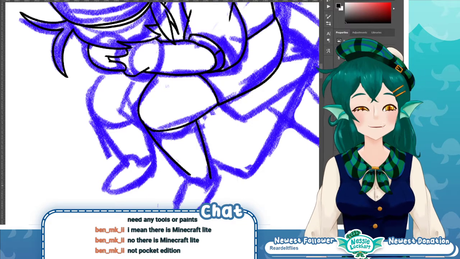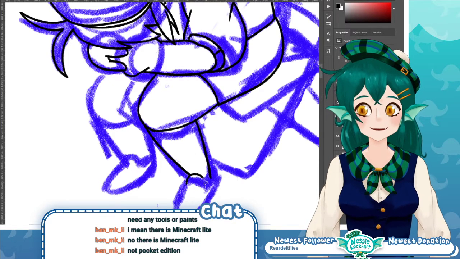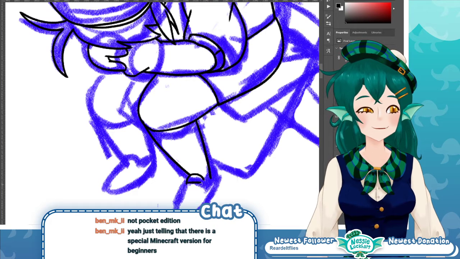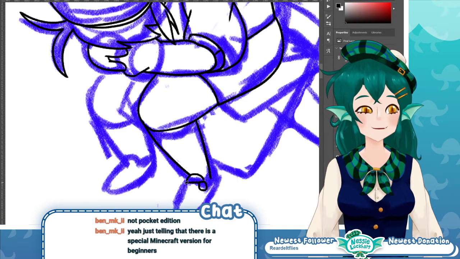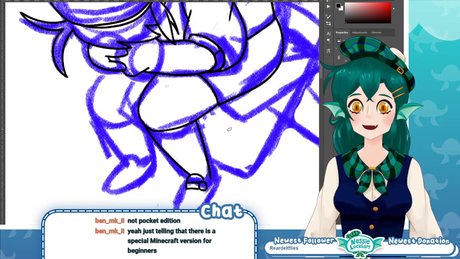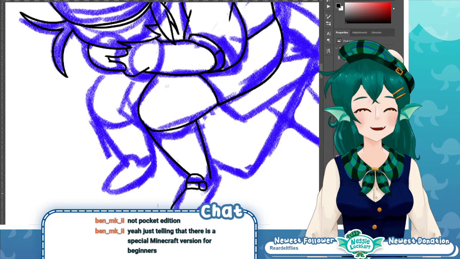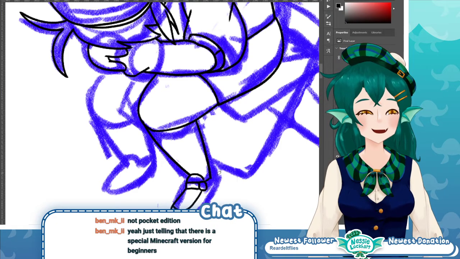I'm enjoying Minecraft. Yeah, just telling that there is a special Minecraft version for beginners. Okay. Hopefully, I won't need to use it at this point.